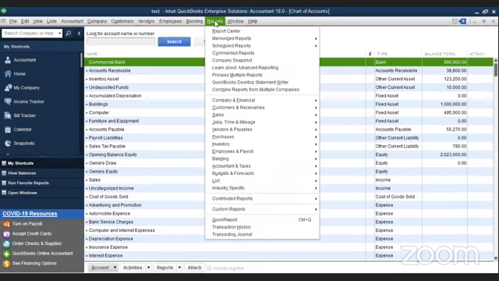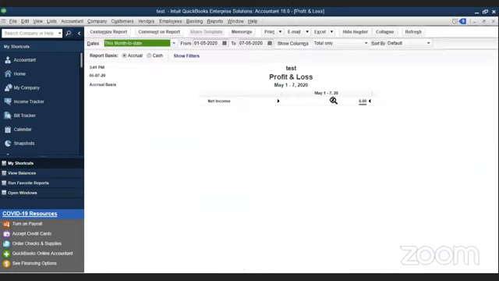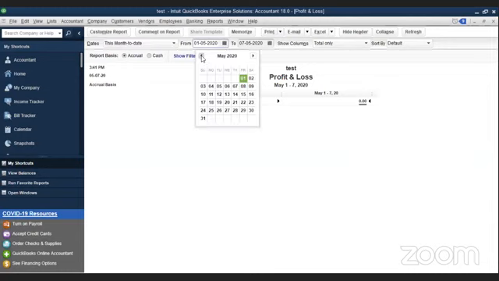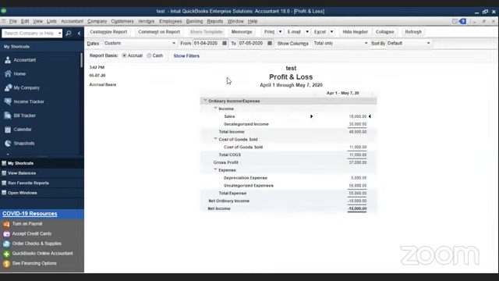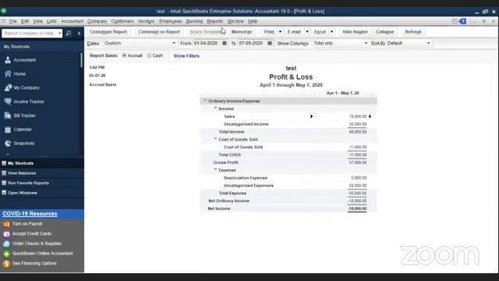So you go to reports simply, and you can go to company and financial. You will see the profit and loss standard. If you click this, you have to update the date. One sec. You can see I have done sales of 18,000. I purchased 11,000. There was a depreciation. My total expense 50,000. I have made a loss of 18,000. Simple. If you don't want to do this, you can go to reports again. If you want to see your balance sheet, if you want to see your assets, you go to reports again. Company and financials.